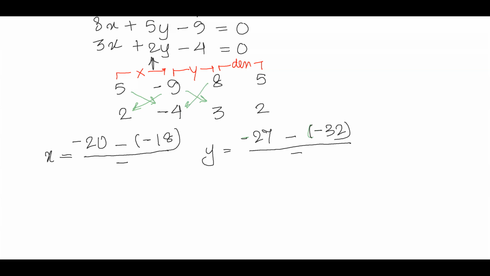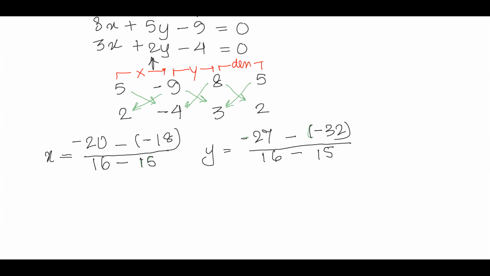Now let us come to the denominators. Very simple. Same thing, a difference of cross product. Now 8 multiplied by 2 is going to give us 16. And then over here, 5 multiplied by 3 is going to give us 15. और यही सेम चीज हम लोग को कॉपी पेस्ट कर देनी है बाजू में. This is 16 and this is 15. That's it. Same thing, you copy paste it. The denominator is 16 minus 15, which equals 1.